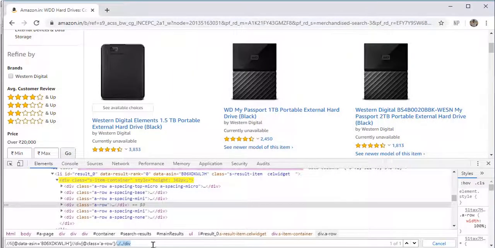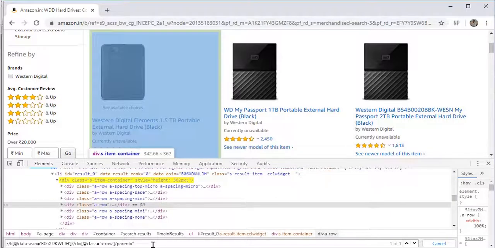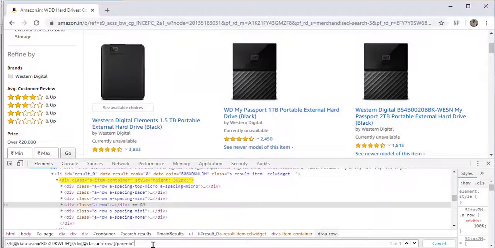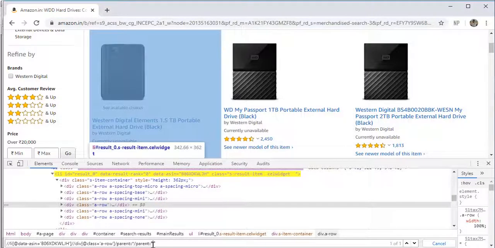Similarly, we can write parent, double colon, and just give star. See, it has gone one step to its parent. Again, if you write parent double colon star, it will go to the upper parent.